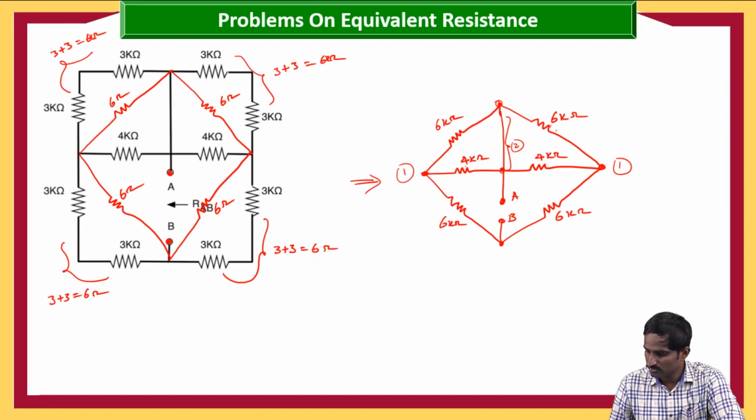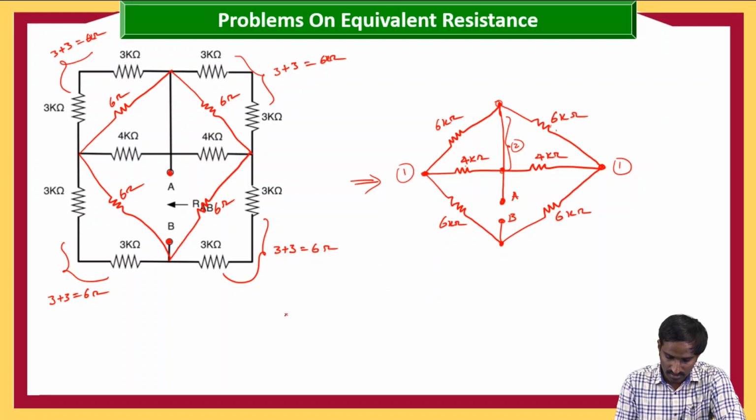10, which is equal to 2.4, right? Because 6 into 4 is 24, divided by 6 plus 4 is 10, so here it is 2.4. Then this circuit will become, because here it is in between 1 and 2 terminal. Let me draw these terminal names: here it is 1, here it is 2,